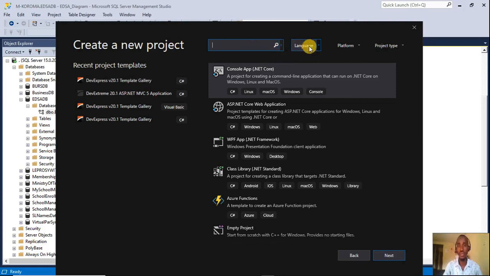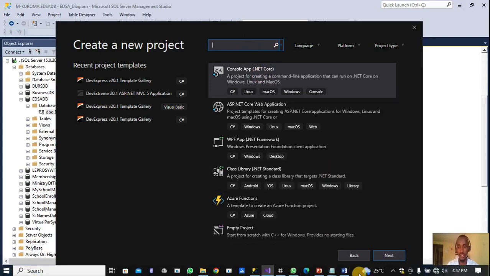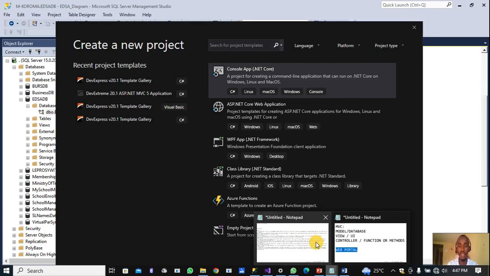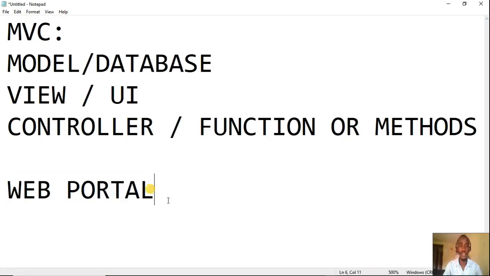When you are done, select the language when you want to create your new project. First we come back here. Since we want a web portal, what will be the name of our project? The name of the project, I will say, let it be